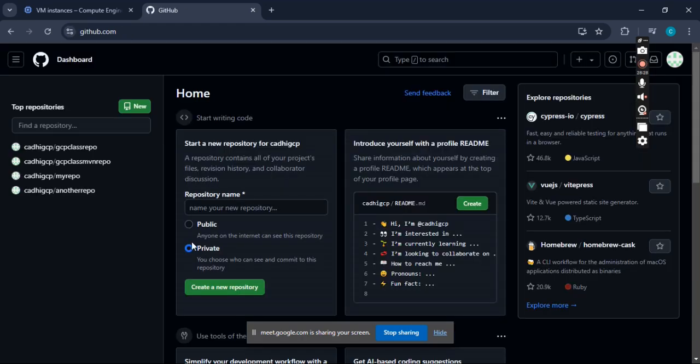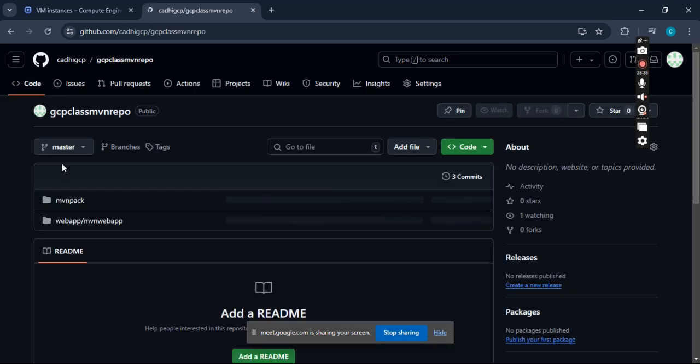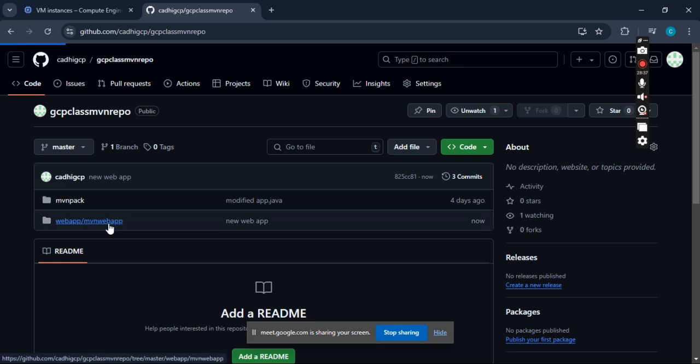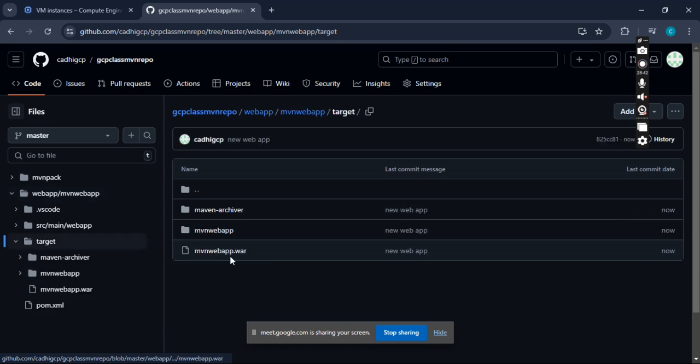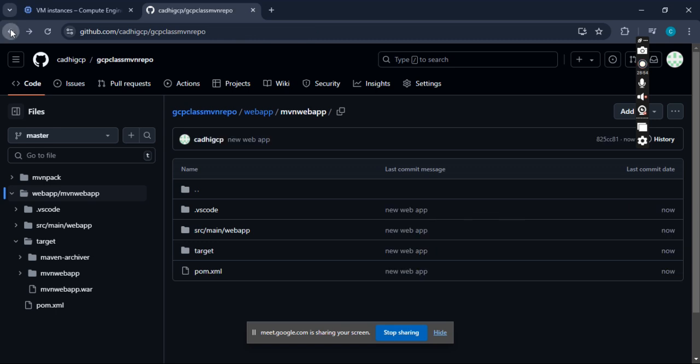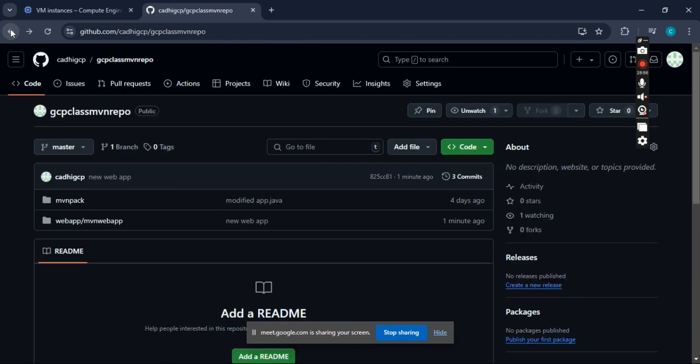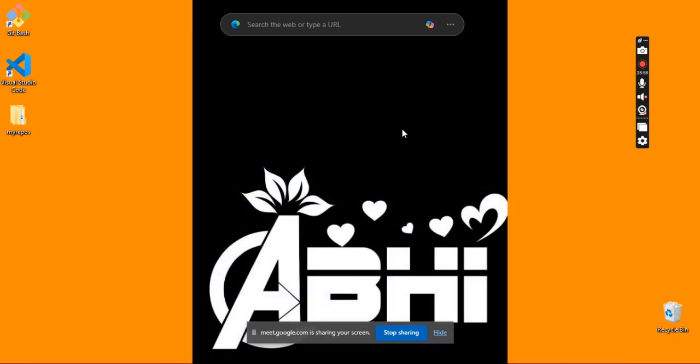So here you can see, what is that one? Class Maven repo. I think this is the one. Webapp is added. Here you can see webapp.war, that war file, new webapp, just now, latest commit date now. This is the recent one. Okay, like that you can push your code into Git also. Okay, so this is the one. Yep. Next,